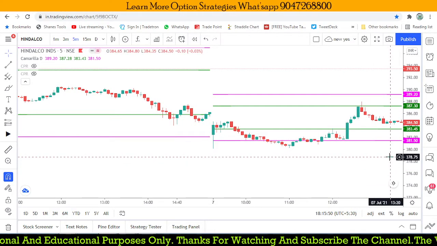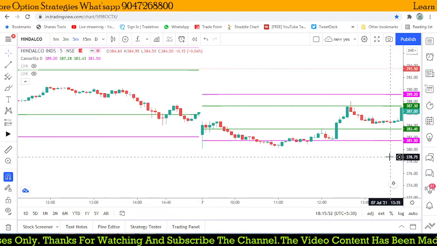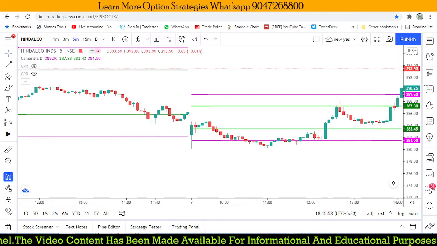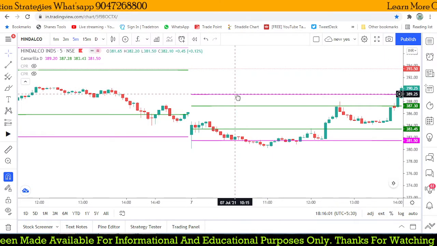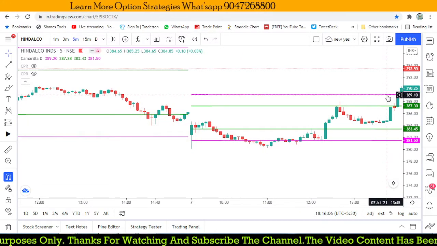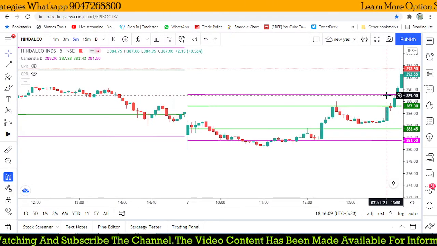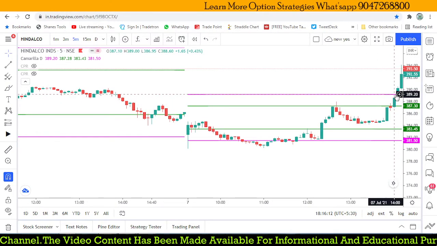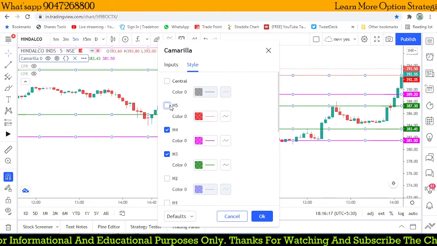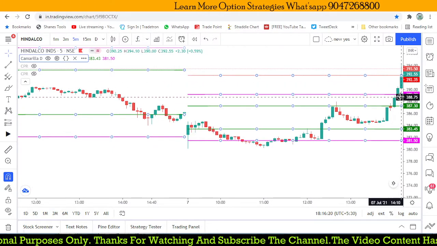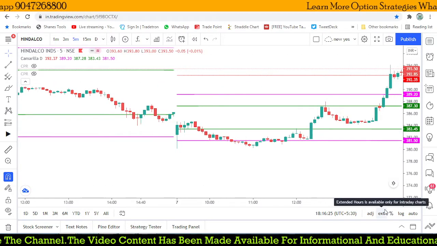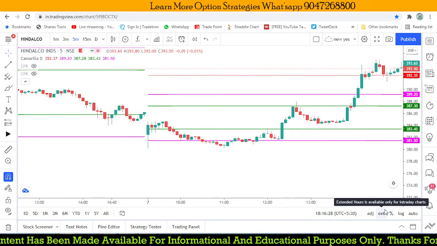And in the same trade which you have trailed, the stop loss may get triggered, but if you keep the same stop loss, again the market touches R4 and now it has broken that breakout level. This breakout level is now valid because the failure breakout happened on the downside, and this breakout may give you a better chance to make profit. Yes, perfectly, it has broken up to 389. Let's find out the target for the upside breakout, so we can get it around 392. From 389 to 392, again a 3 rupees target we got, so that has also happened. After that it can go even higher and higher.